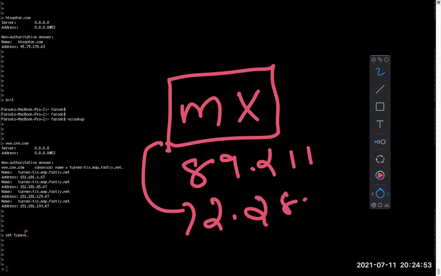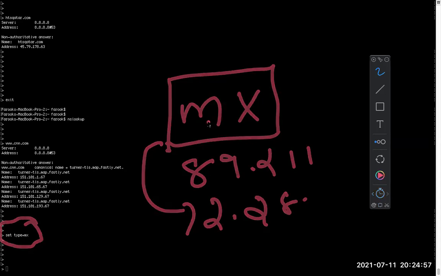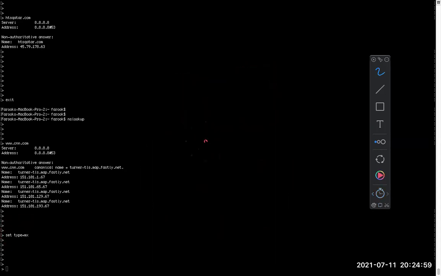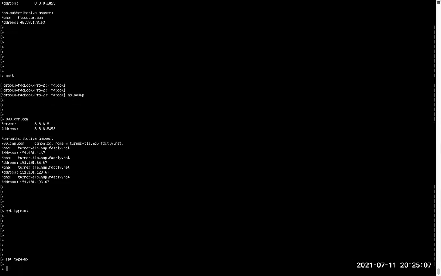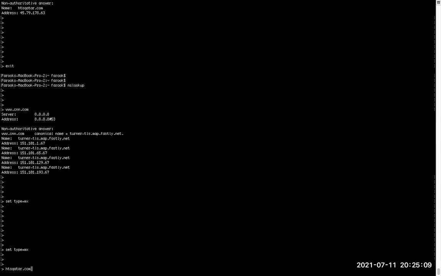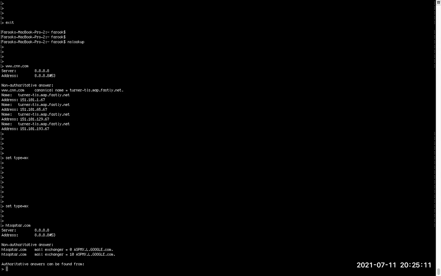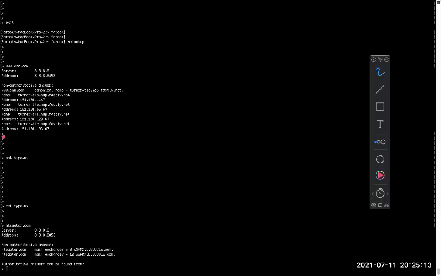So you will change the MX record, and you need to find what the MX record is. So if I say set type is equal to MX and I type my company, you will see here mail. You can see here, is it very small?